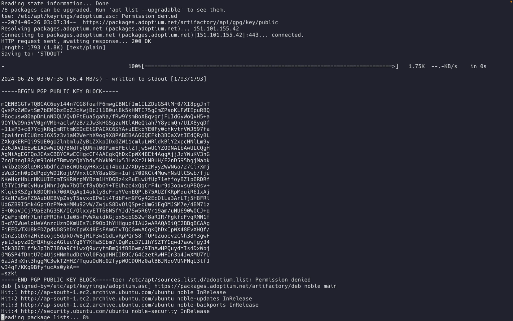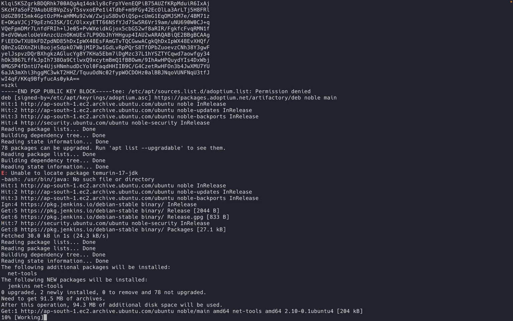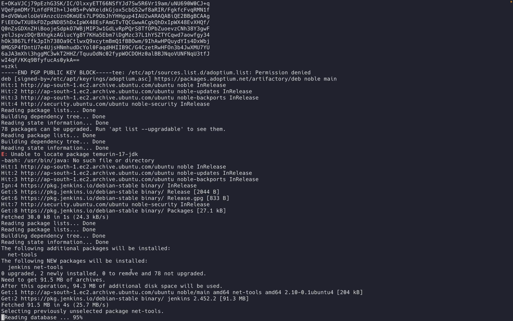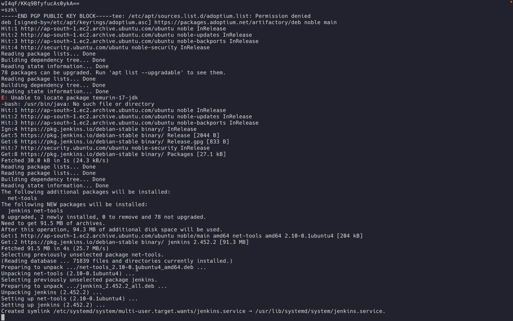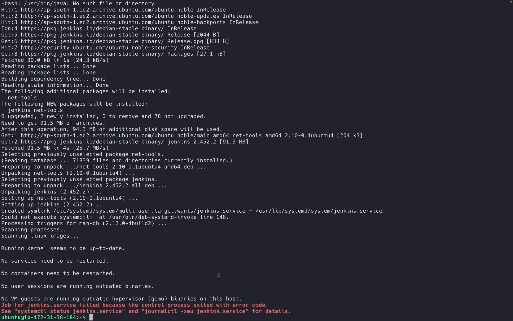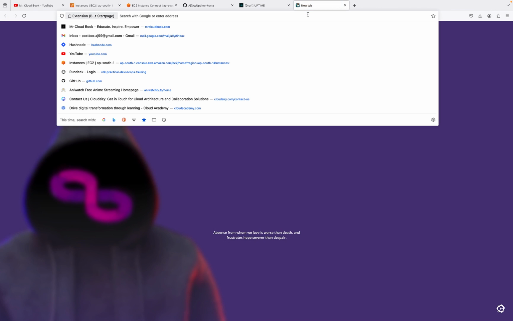If you face any issues, you will get the same kind of issue, and I will resolve it in this one. You can see that it's unable to locate the package Temurin. So it's not able to find the package, which means Jenkins won't run here. You can see that Jenkins is not running. So at that time you can just come here, go to